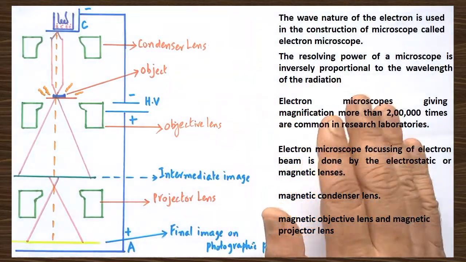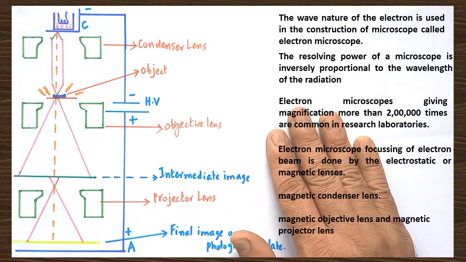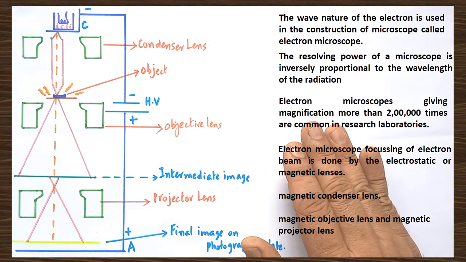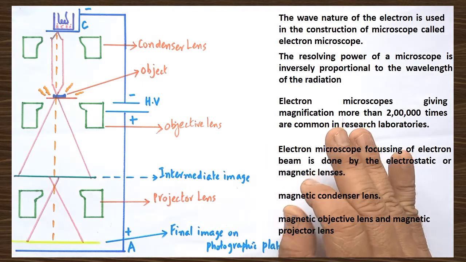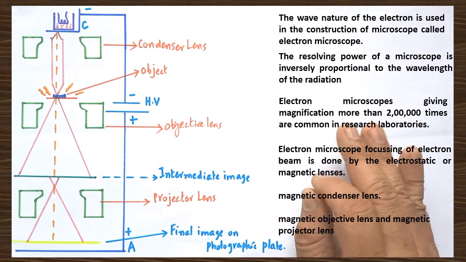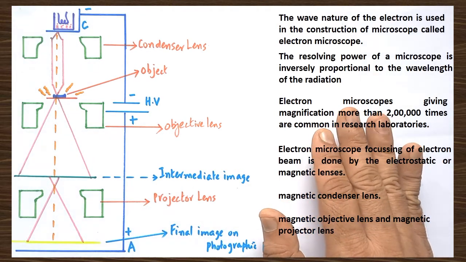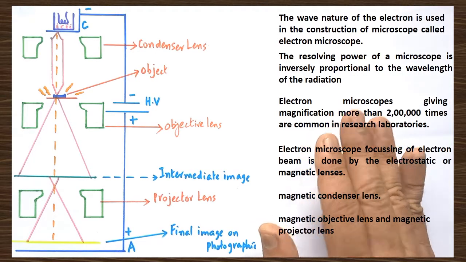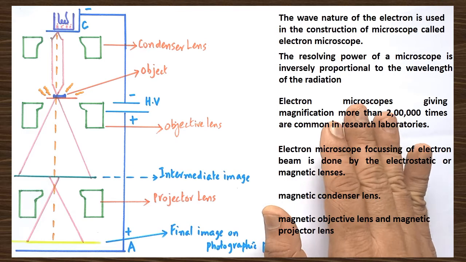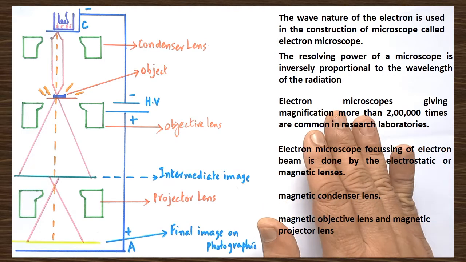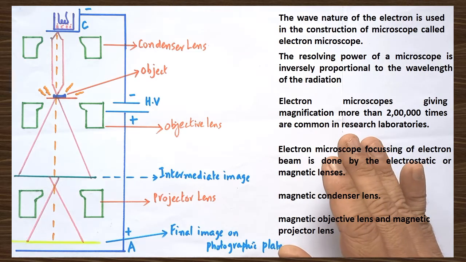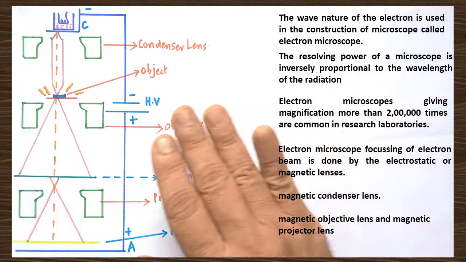In the case of the optical microscope, that means the compound microscope, we are using light as the source to visualize small tiny organisms or any other small tiny things. In the case of an optical microscope like the compound microscope, the magnification as well as the resolving power is very low. So to get higher magnification and higher resolving power, which one is used?